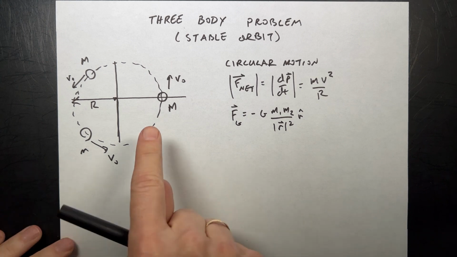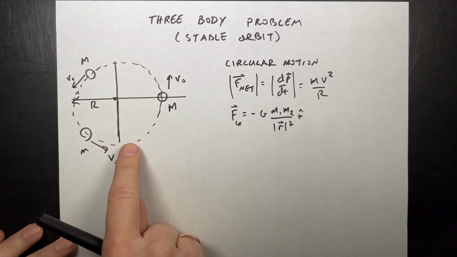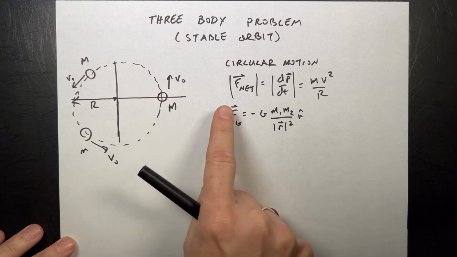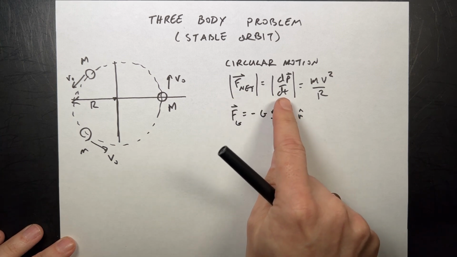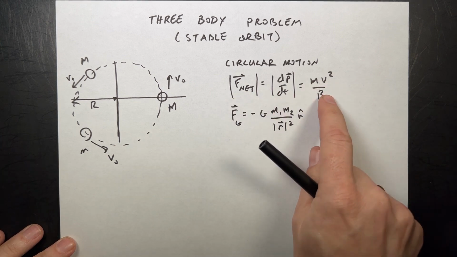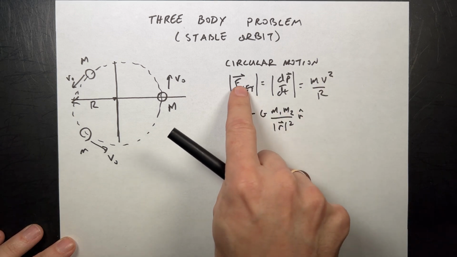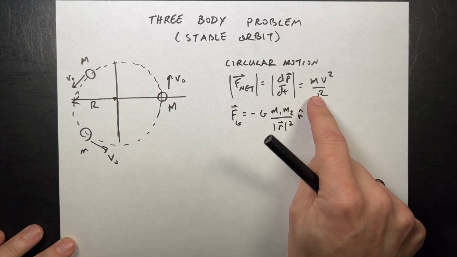Number one idea is that if this is moving in a circular orbit, then the net force on this has to be equal to the magnitude of the derivative of the momentum, or you may just want to say its mass and velocity squared over r. This is true if it's moving in a circular orbit. The net magnitude of that force has to be equal to this expression in order to make it move in